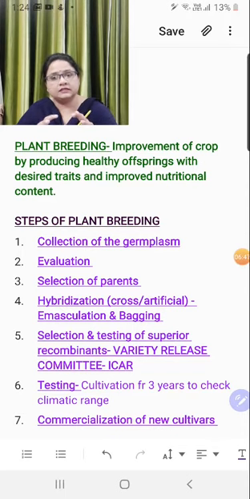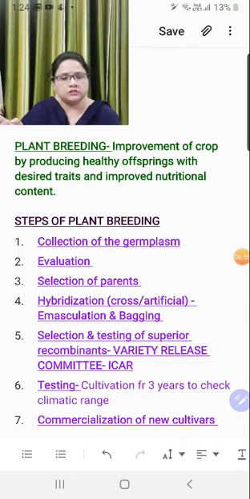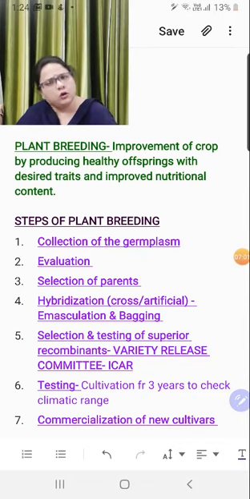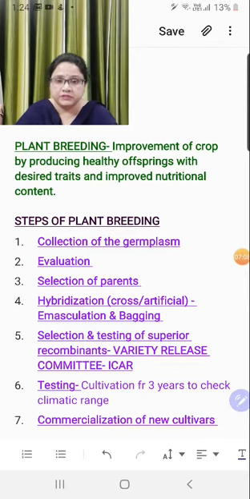Every time you select the desired content and make a cross between these two desired traits. So ultimately, beginning with heterozygosity, after 2-3 generations there will be a stage where you observe all large-sized fruit only in your testing, right? This is the stage where you have obtained homozygosity in the offspring, and this is your recombinant.